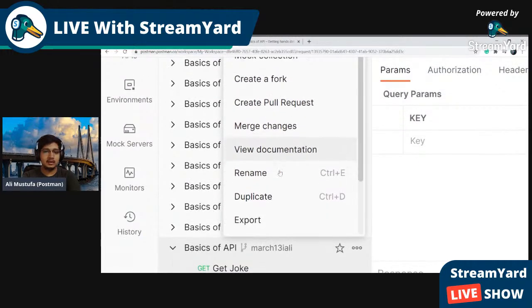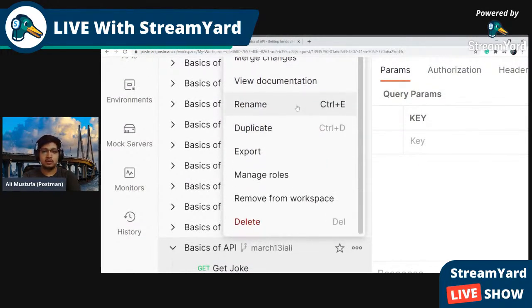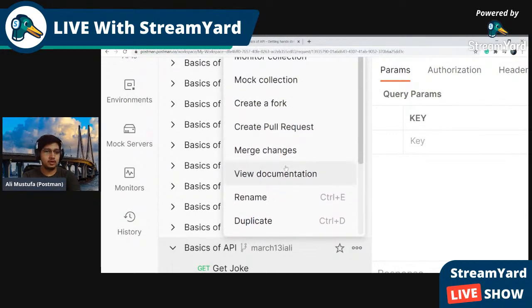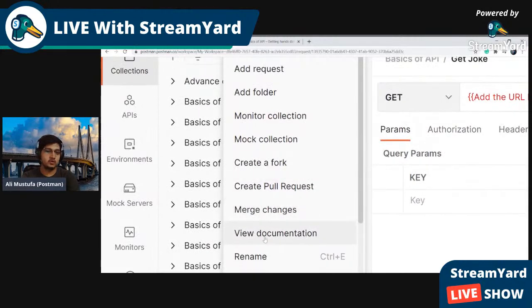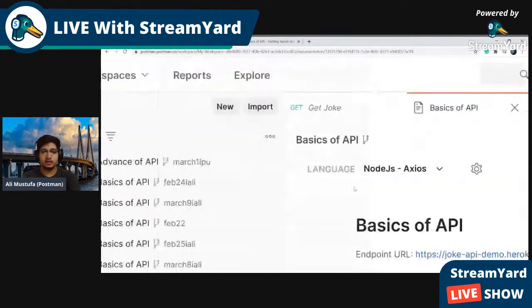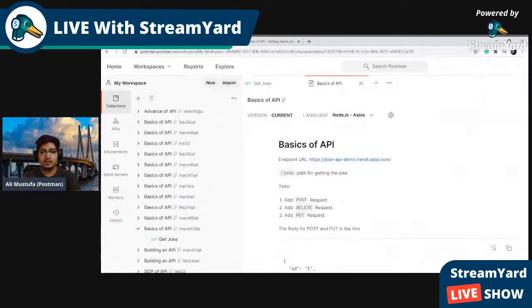It is somewhere below the merge changes option. I don't remember the number of the option, but there you will see a view documentation option. Click on it and it will open the documentation for you.